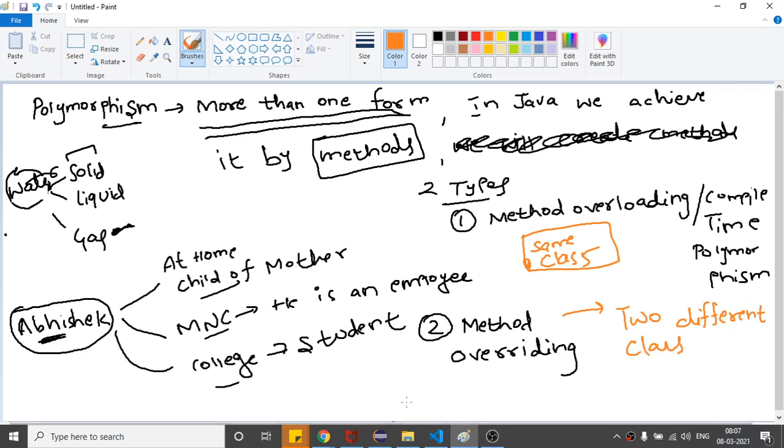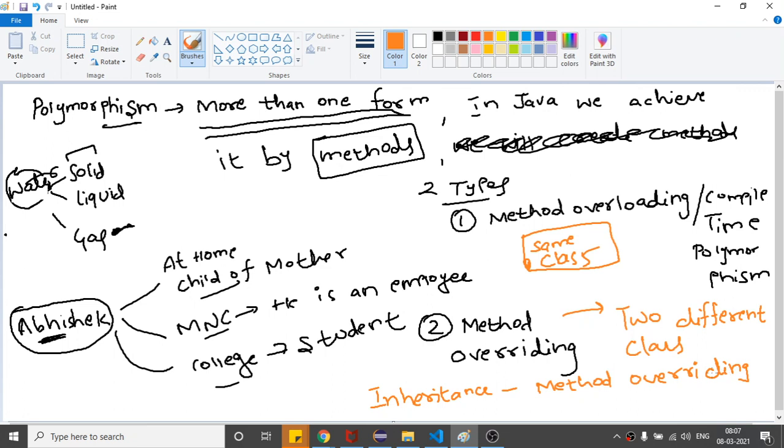So I can say that with the help of inheritance, method overriding is possible. So this is one more advantage of inheritance. First is code reusability.